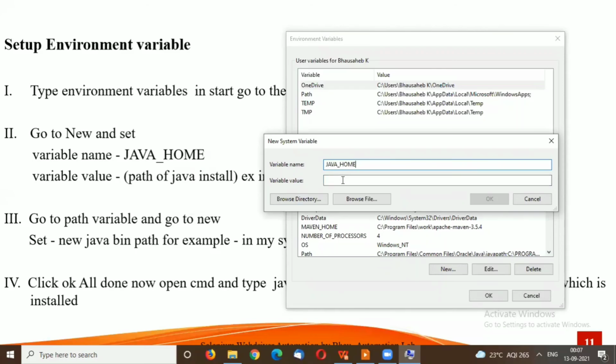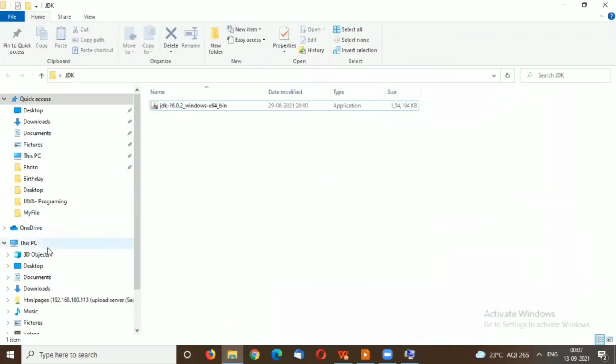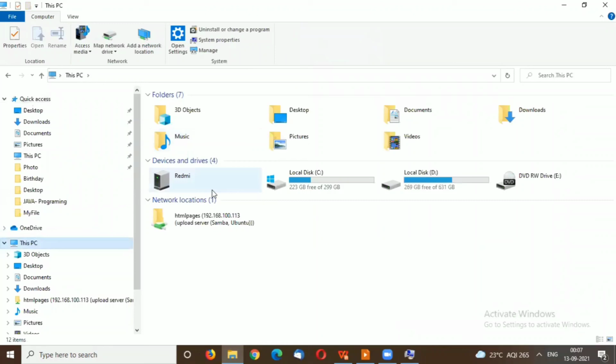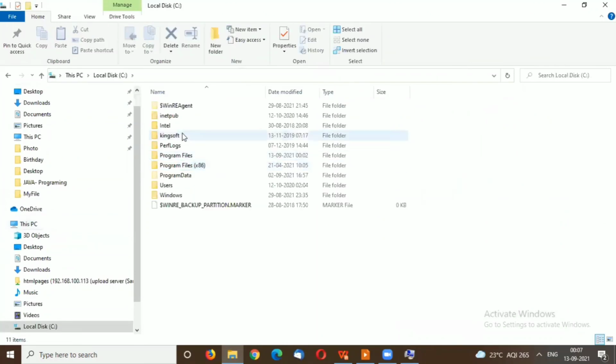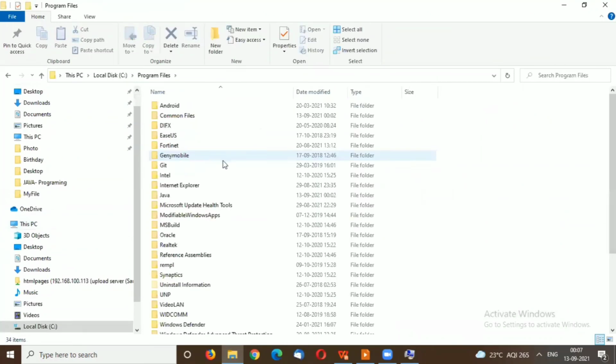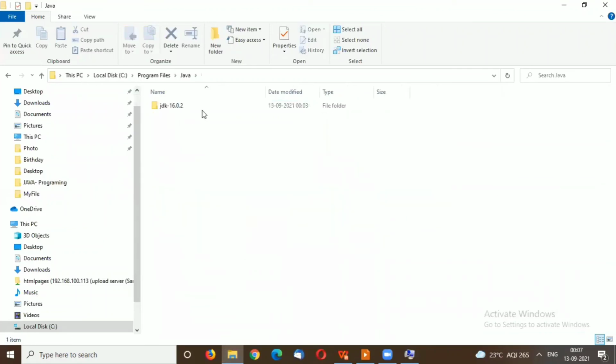So, Java home. We need to check where Java is installed. We just installed Java 16 in Program Files. So we go to My Computer, C drive, Program Files, and check for the folder named Java. Here is the folder which is created whenever we install Java 16. Here is the JDK 16 we have installed.